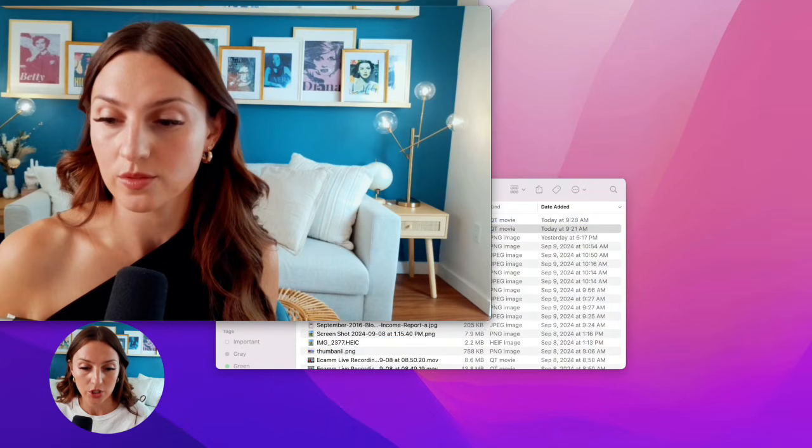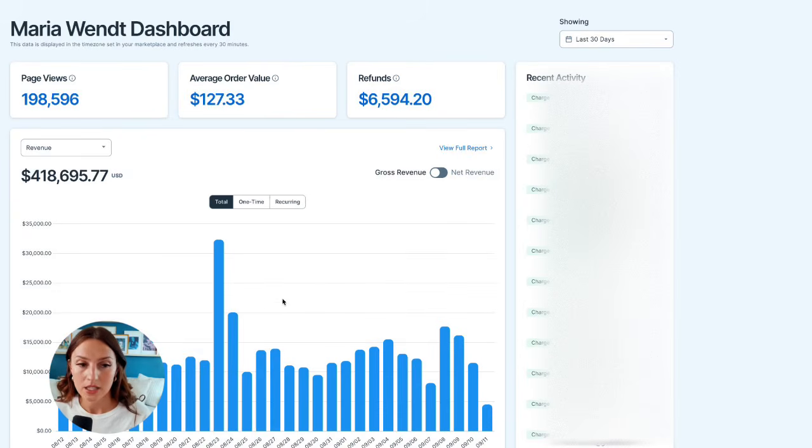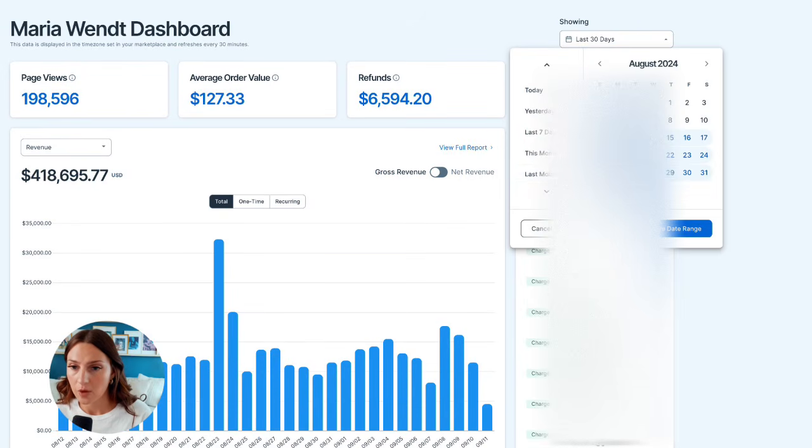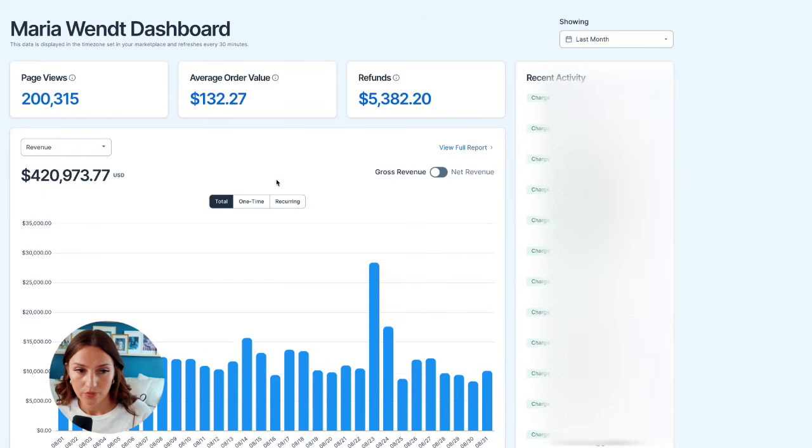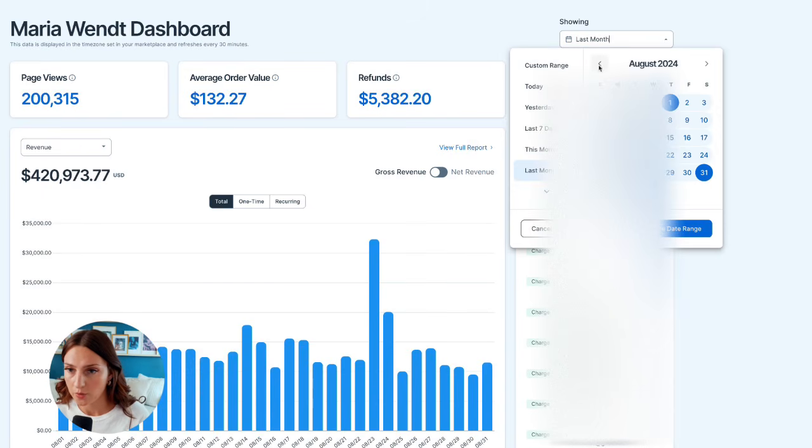So I'll turn on my little circle person and share my screen here. First thing I wanna show you is how much I make. I wanna show you proof of income. So this is my Samcart dashboard, and you can see here over the last 30 days, we've done $400,000. If we go back to last month, which was August, 420. If we go to the month before that, which was July,